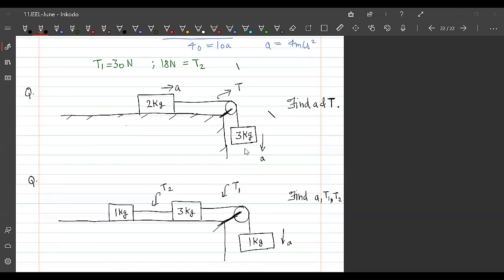In the first case, acceleration will be how much? It should come out as 6 meters per second square. And tension should be equal to 12 Newton. Harvey and Nilmith got the right answer, as well as